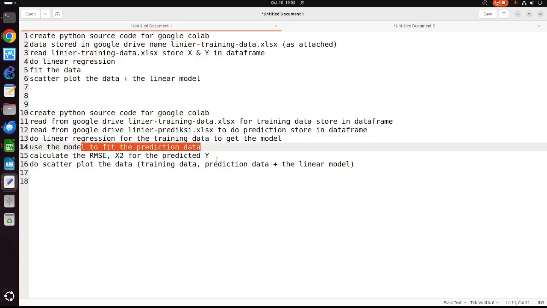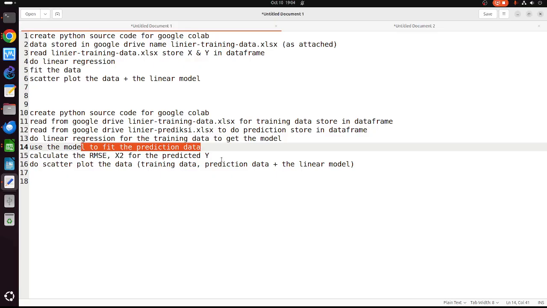We can save the model actually in Google Drive, and then after saving the model, we can use the model as many times as you like with many prediction data. So the prediction data can be multiple files. We can predict the files many times.